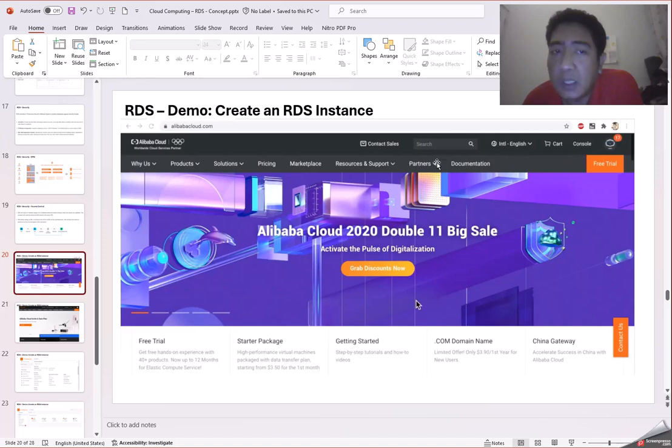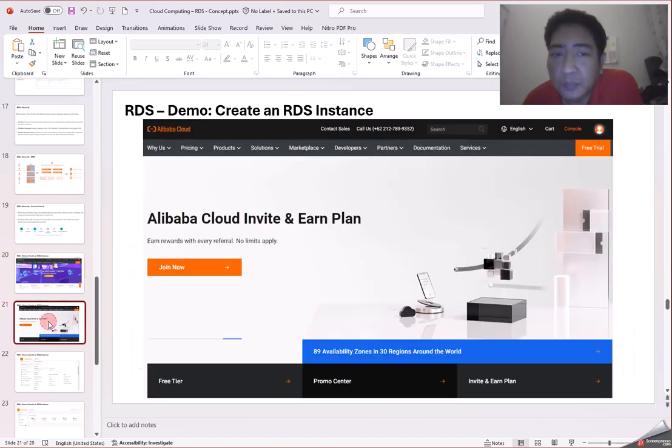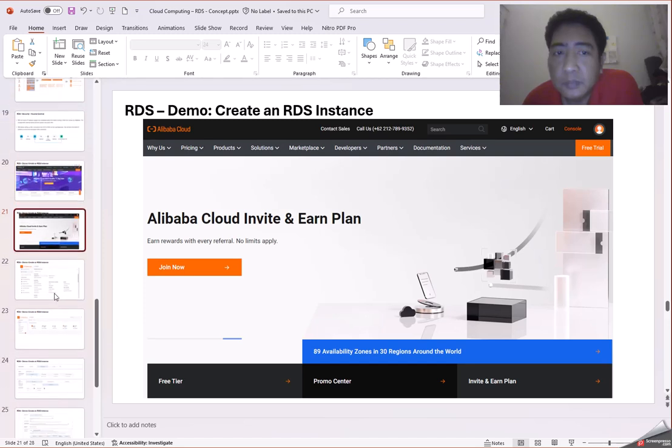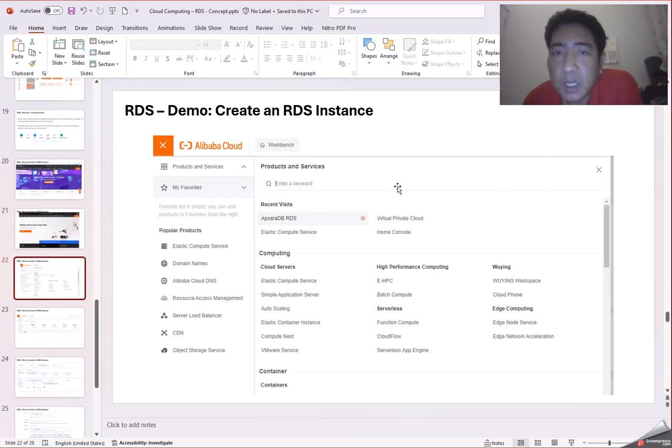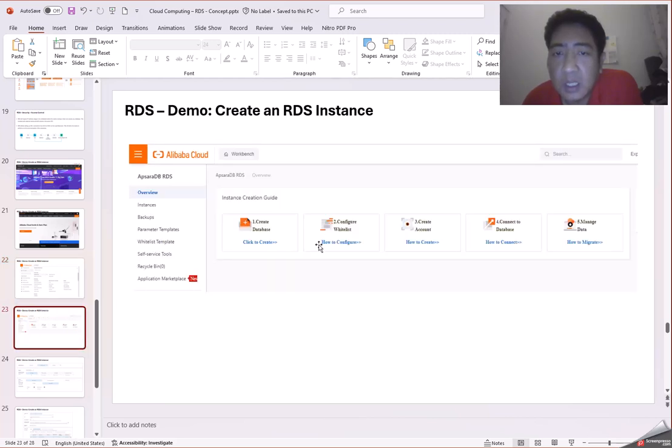You can click it, and then you will go to the console like this. Then you can search for RDS and enter the keyword RDS. There is ApsaraDB RDS. You click this.